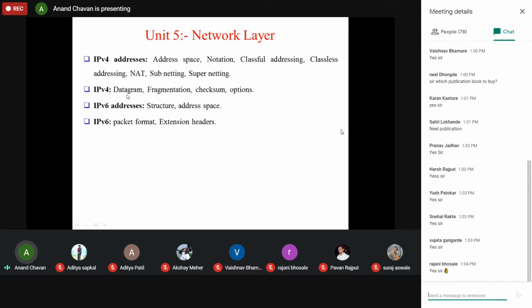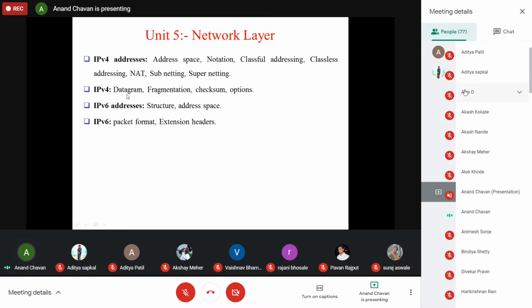In that, you are going to see the start address, sender address, receiver address. There are different flags we are going to set: reset flag, sync flag, start, stop. These are the points we are going to see in this datagram format. Each and every packet has its own datagram format.